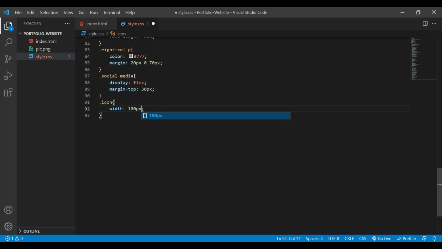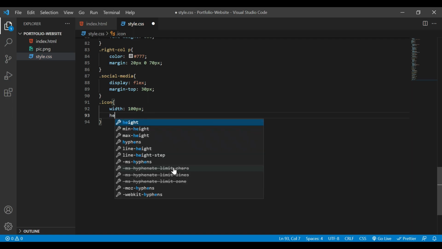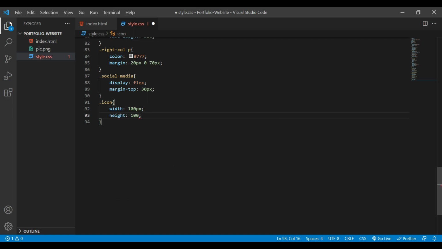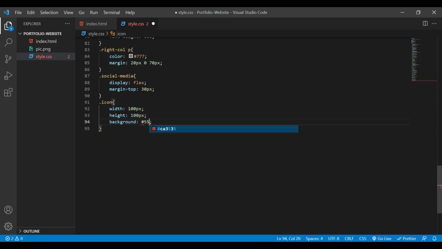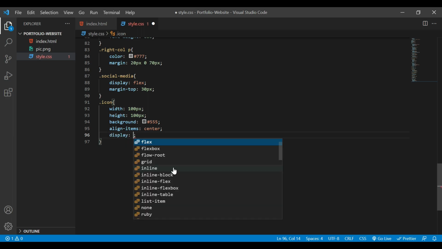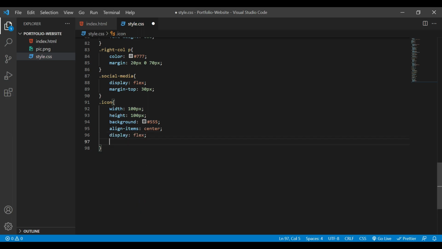Also we need to add height 100 pixel, background, align items, center. Also I'll add display to be flex, justify content, center,